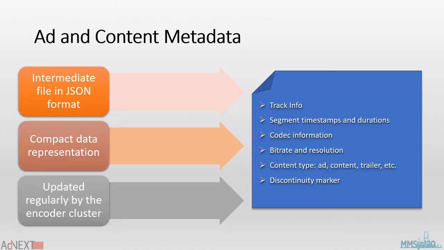The encoder does not generate a DASH or HLS manifest itself, as I mentioned before. As we will see, this is the stitcher's job. The encoder instead generates an intermediate file in JSON format that includes metadata for the stitcher. This metadata contains track info, that is, how many video tracks and audio tracks the stream has, bit rates and resolution, etc. For each track, there's a list of segments, including all the segment file names, their duration, segment